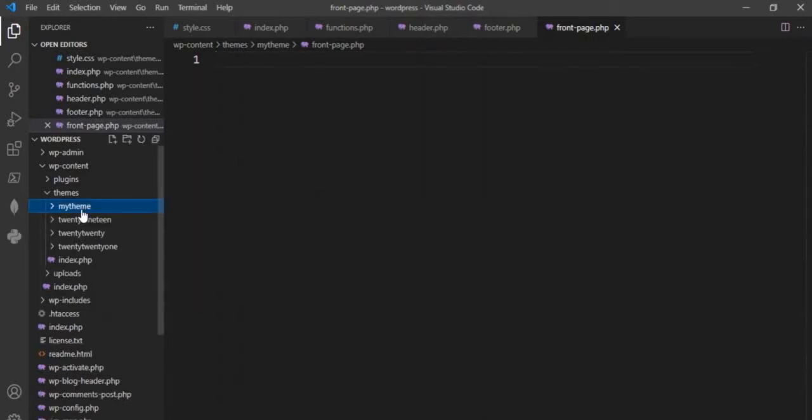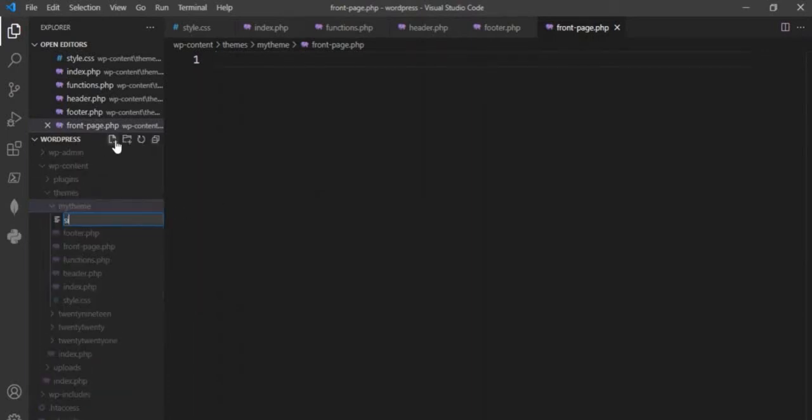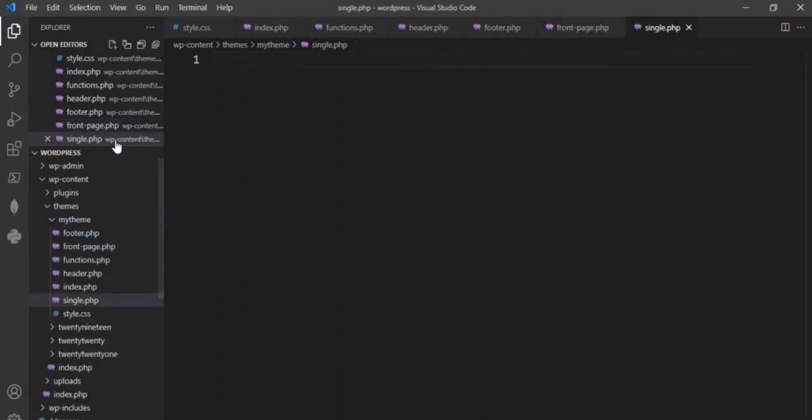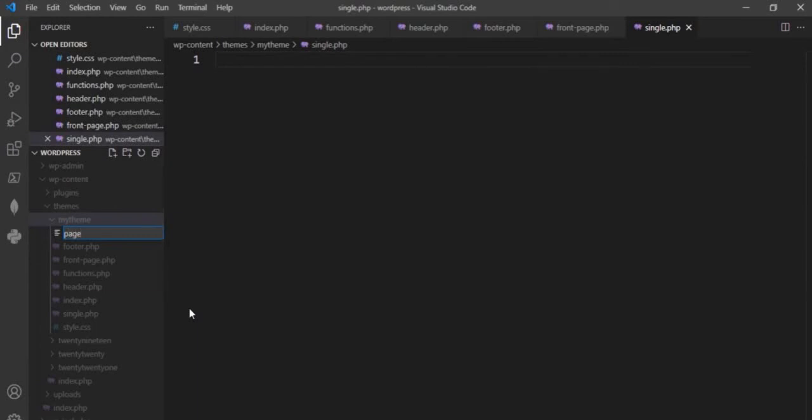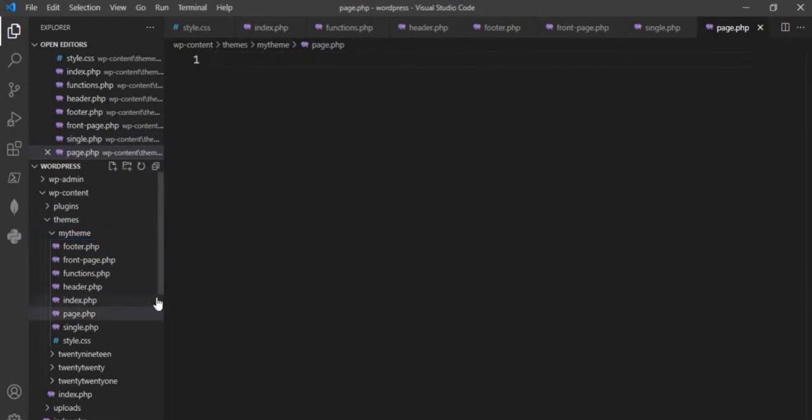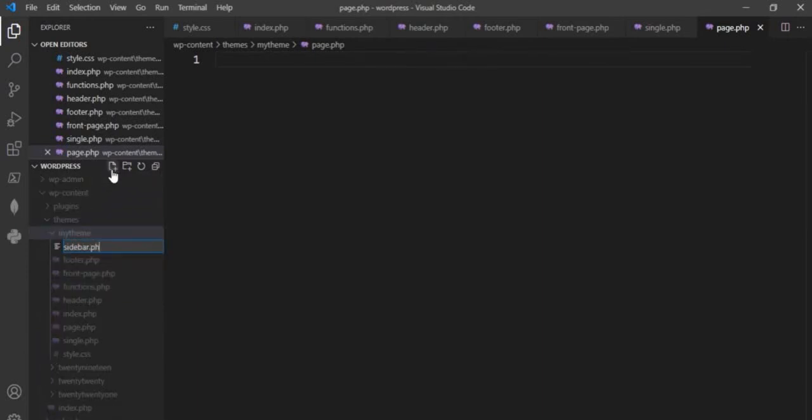So next file we want to create is single.php, and as the name suggests, whenever we click on a post and want to see the details of that post, this is the file which WordPress will use, and WordPress will use its layout to show the output on the screen to the user. Similarly, if you want to have a specific file for displaying the page information, then we have to have a page.php. Then we have to have a sidebar.php. So let me create that, sidebar.php,